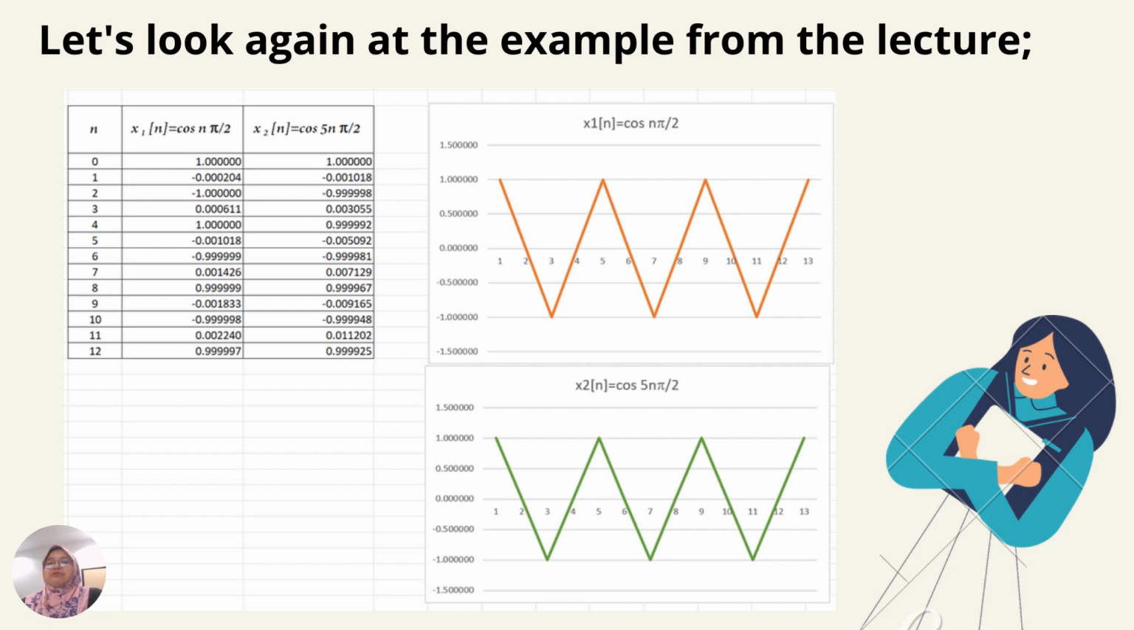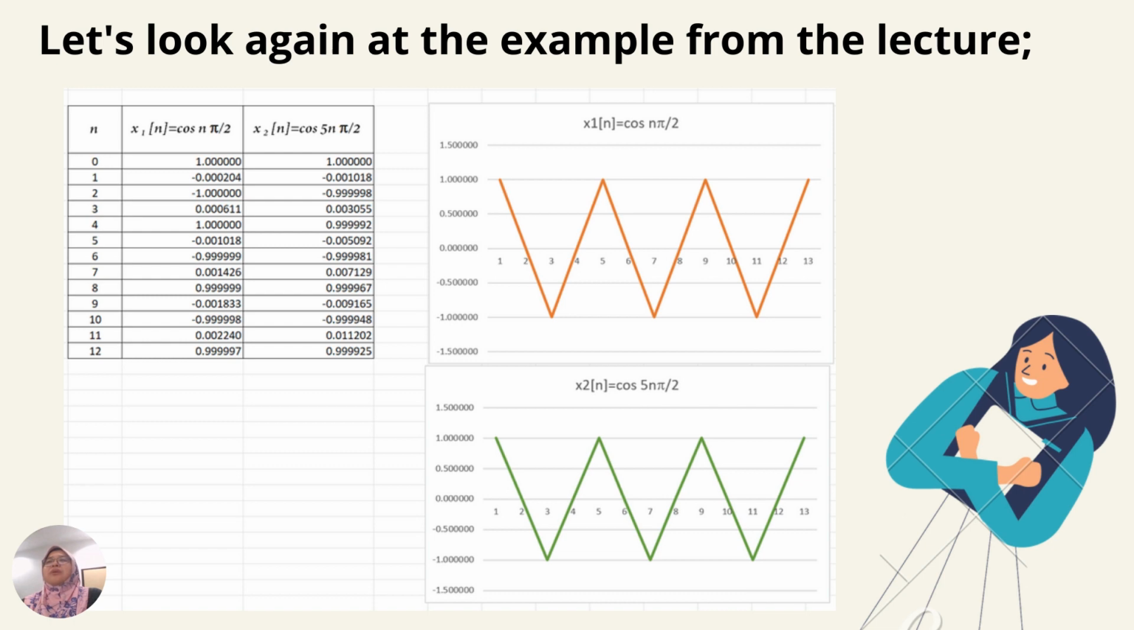just for a very fast plot. So you can see that x1[n] equals cos(nπ/2), and x2[n] is cos(5nπ/2). All right, so for n equals 0, the value of x1 is 1. For n equals 1, the value of x1 is negative